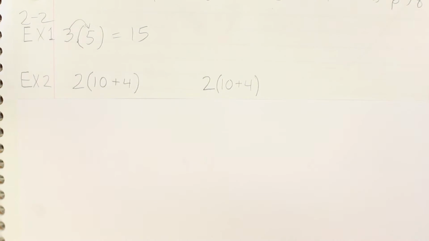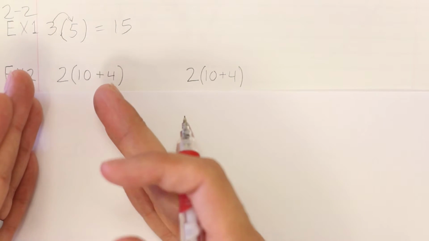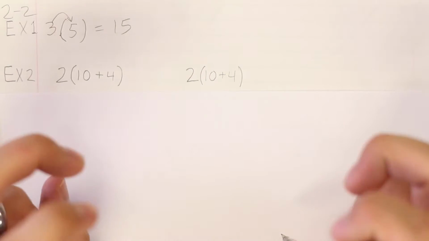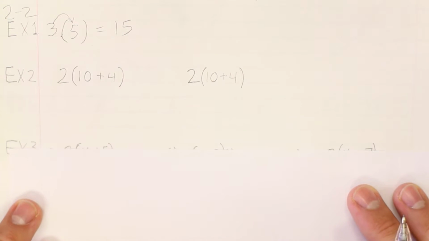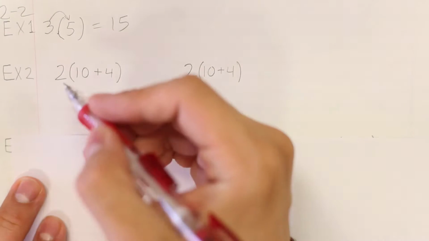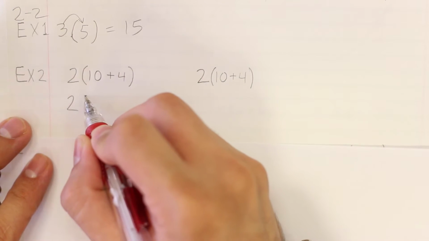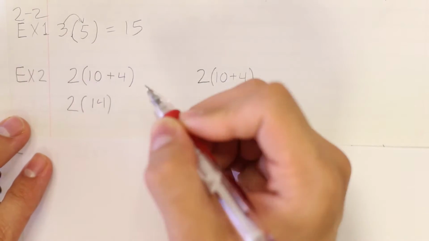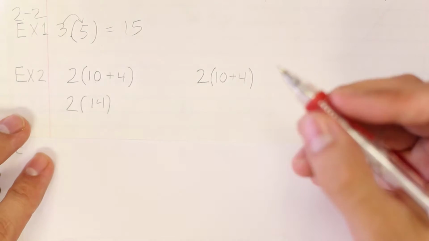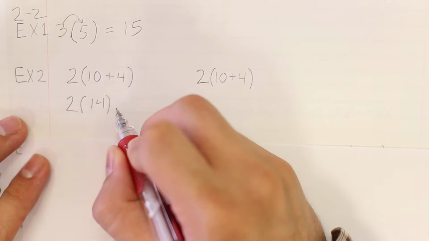All right, let's look at the next example. Here we have two identical problems, so make sure you copy both of these down. Now I'm going to work the first one out, for lack of a better word, the traditional way, using order of operations. So according to this, we would say 2, parenthesis, 10 plus 4 is 14, because we do it inside parentheses first, and then 2 times 14 would be